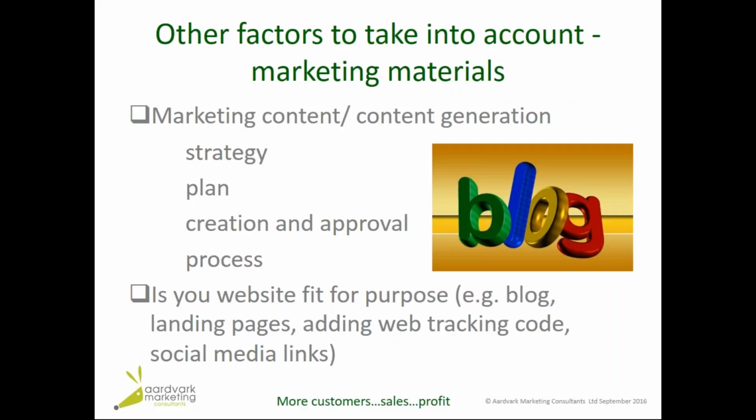So you're going to need more content, so make sure you've got a process that makes sure the content you create is good and it fits into your process. So who's responsible for that? And you need to have a website that's ready to allow you to automate. So you'll probably want a blog, you'll probably be able to create landing pages, you'll need to add some web tracking code so you can see which visitors are on which page, and you'll probably want to link easily to social media. So if your website doesn't do all of that, you might need a website change before you can think about automating your process.